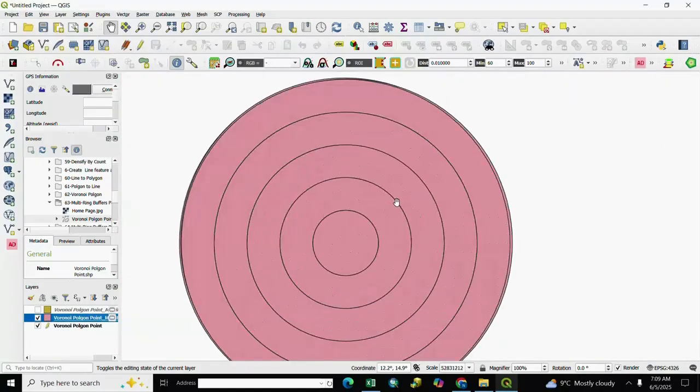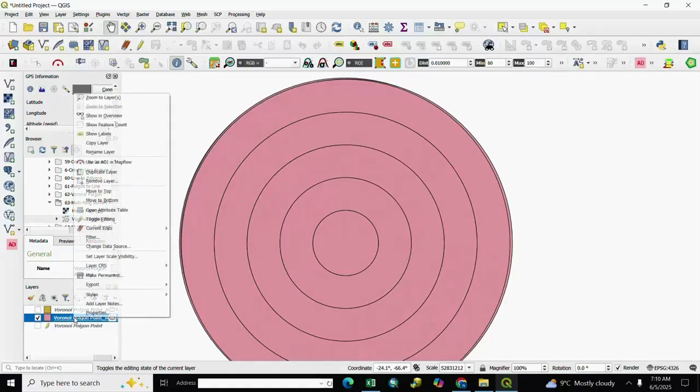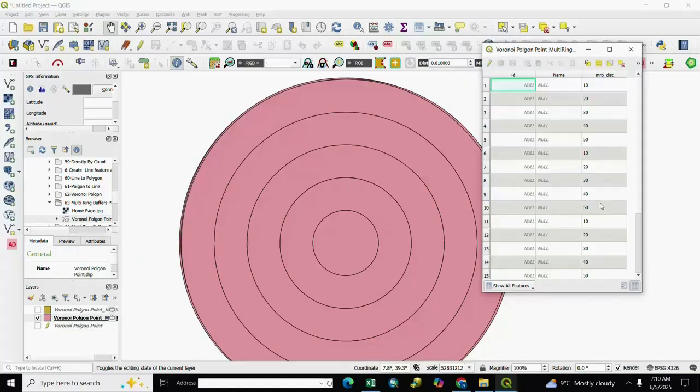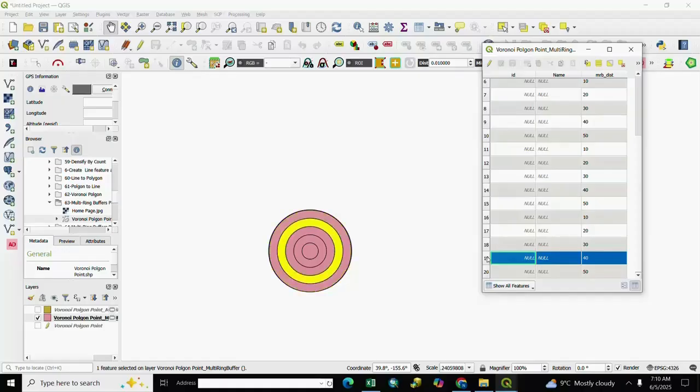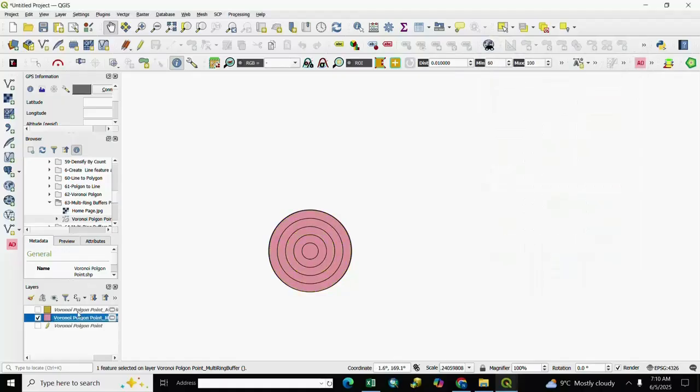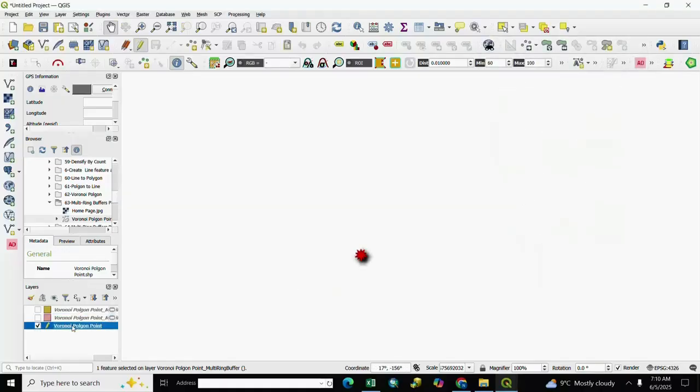You see here dissolve feature, right click, open attribute table and you see here multiple buffer. Dissolve means all features get merged, and next step, right click, zoom to layer